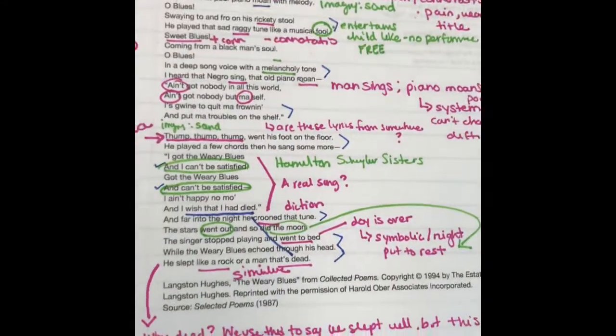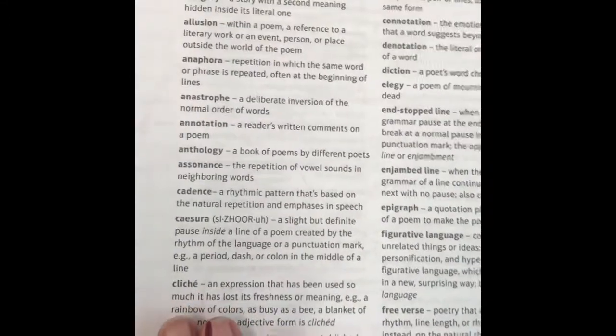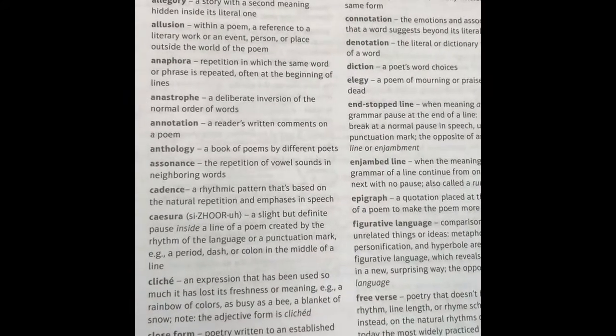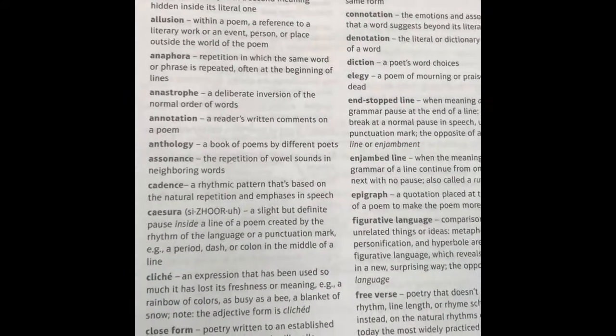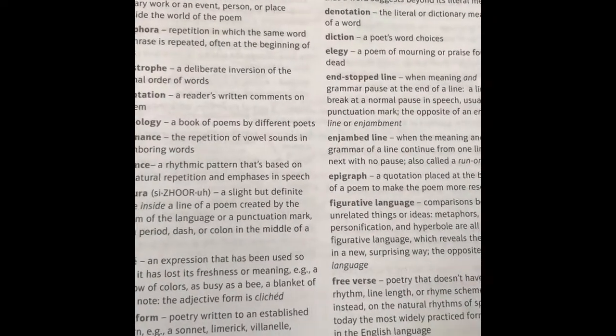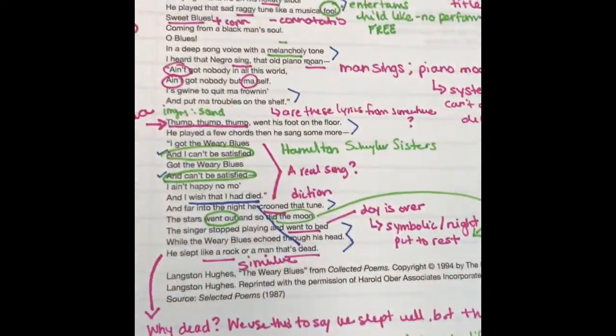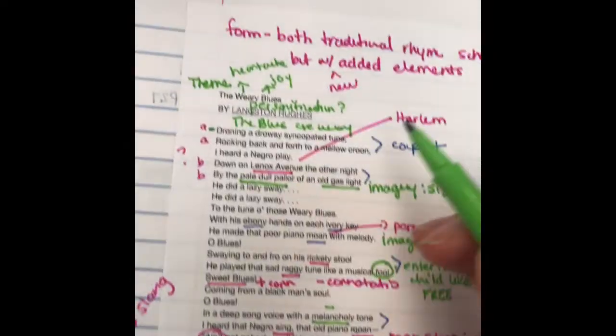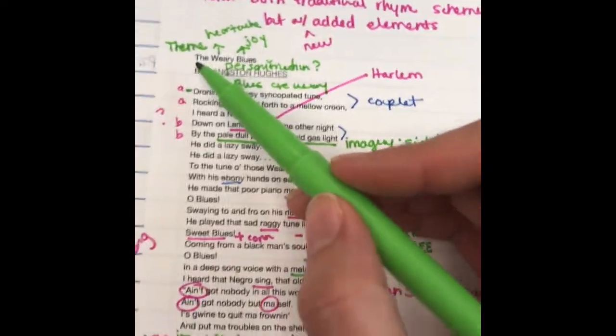So then I kind of stopped for a second and I looked back over here at my poetry terms, and I tried to look for some other ideas that I may have missed, some things that I thought might be there, might not be there. And then I went back through one more time, and that's my green pen. So I went through with the green pen and I was trying to look for a theme now,